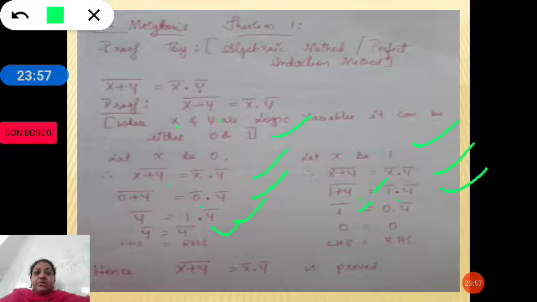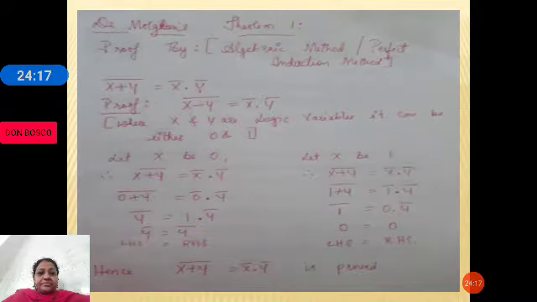1 plus y is equal to 1, as there is a bar above that, so we retain the bar, so it will be 1 bar. So 1 bar, that is complement of 1 is 0. 0 ANDed with y bar is equal to 0. So as we can see here, left hand side is equal to right hand side. Hence we have proved the first De Morgan's theorem. Let's move on to the next De Morgan's theorem, theorem number 2.